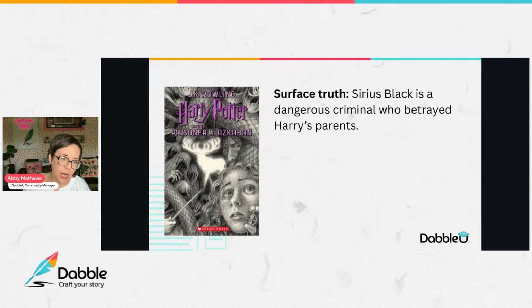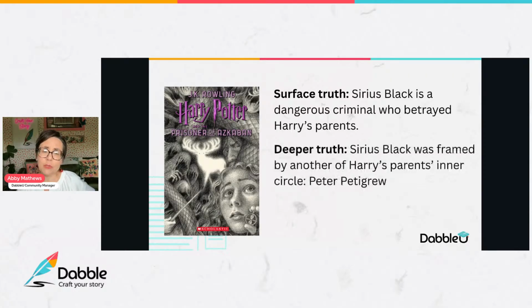All right, let's look at Harry Potter and the Prisoner of Azkaban. All right, it's a fantasy book. So you can also do this in fantasy, right? All through the book, Sirius Black is a character who's treated as this really dangerous escaped convict, right? He's believed to have betrayed Harry's parents, and now he's coming after Harry. But what's the truth? The truth is that Sirius is innocent, right? He was framed by Peter Pettigrew. He's actually trying to protect Harry. He's not trying to harm him, right? So the shift is huge.